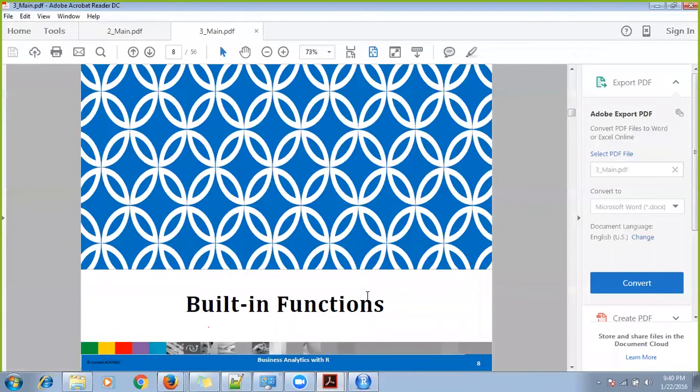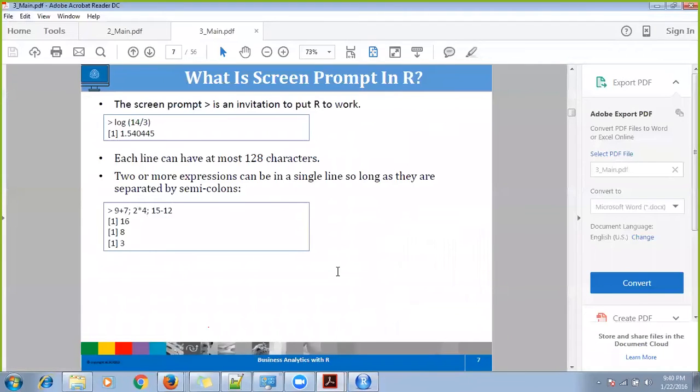Now let's look at some built-in functions. One built-in function we're already using here is log. To make you understand, if I write log of x and don't mention anything, because it's a logarithmic function, right?